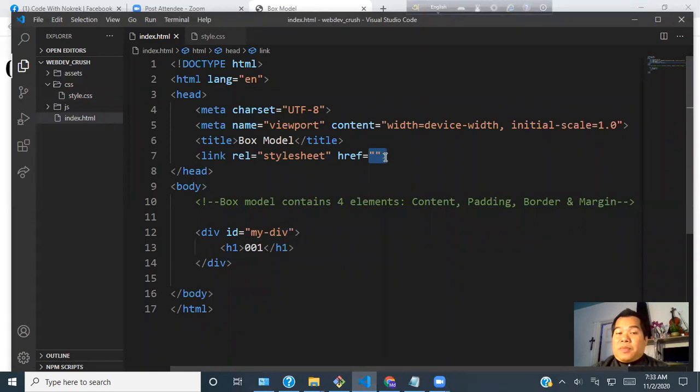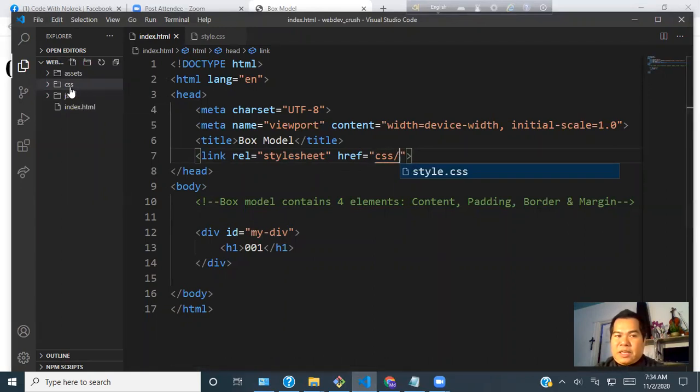We use it inside the HTML tag to provide extra information, additional information about the tag. So about the link tag, we are giving extra information here. What is extra information? Extra information is in href. We have a folder, and the name of the folder we have to put is CSS, then press enter, and whatever we have inside the CSS folder,